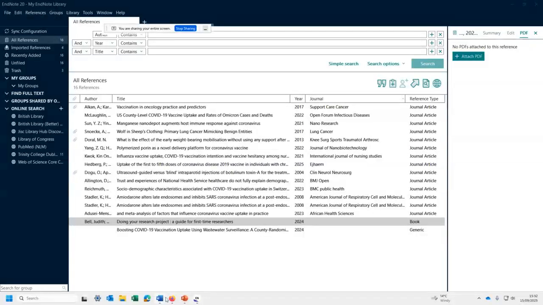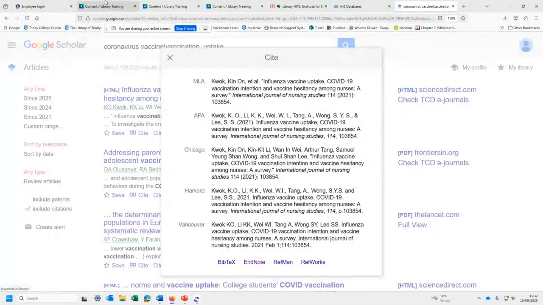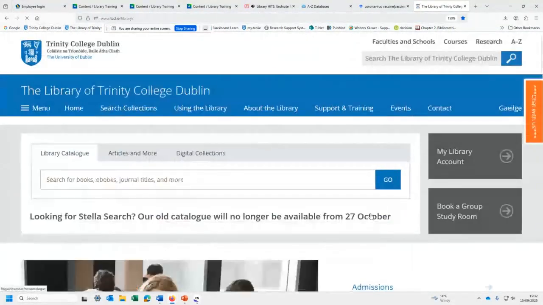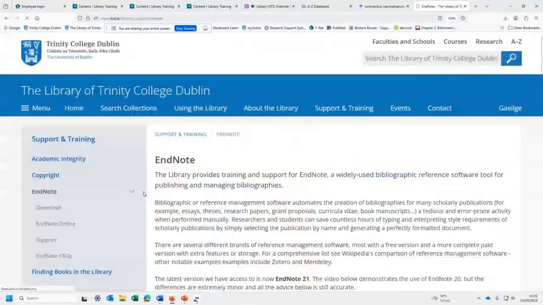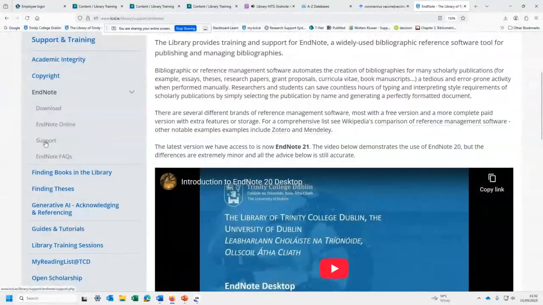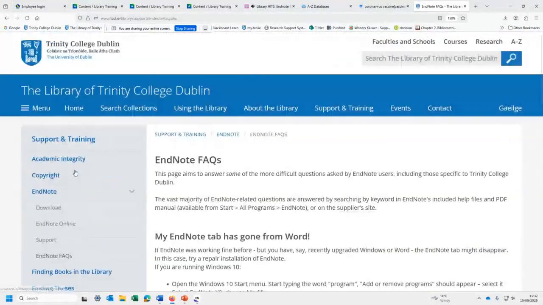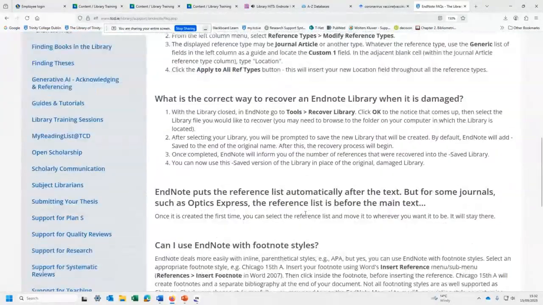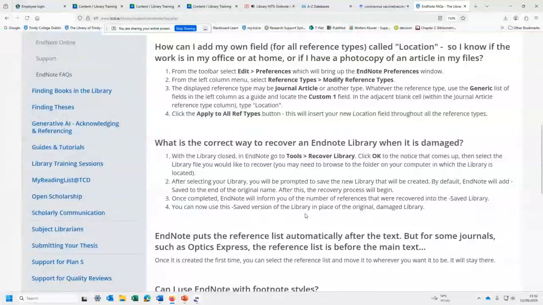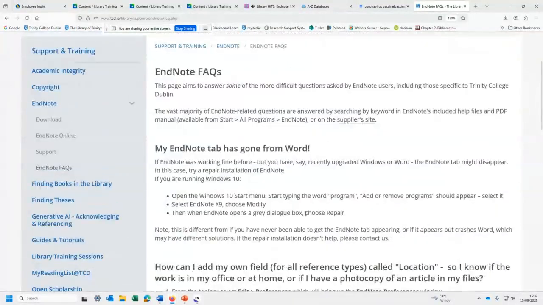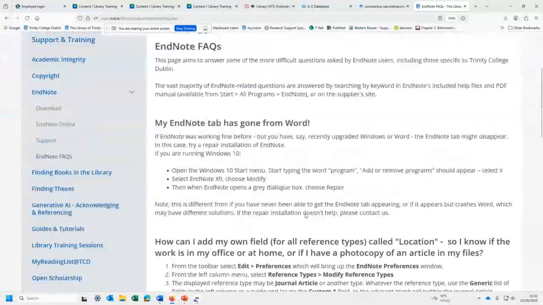Just bear with me 2 seconds, Terry. I may have had to install a file. I just want to go back and check the library website. So just bear with me 2 seconds, guys. No, I'm not sure.